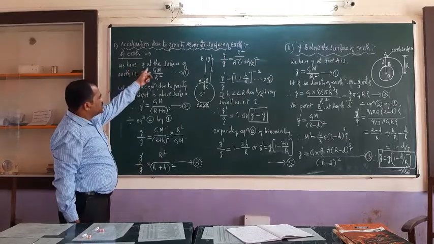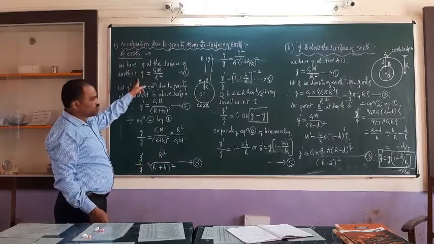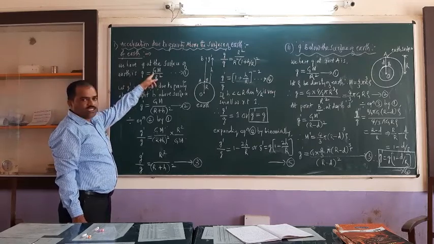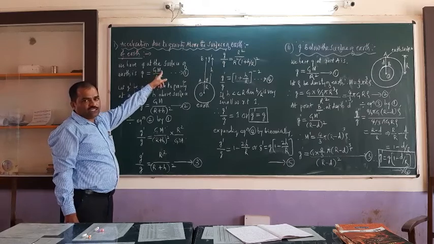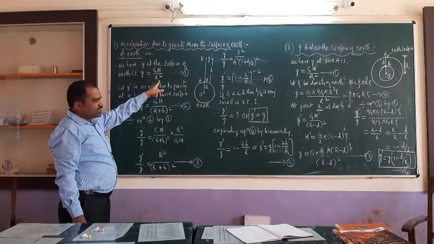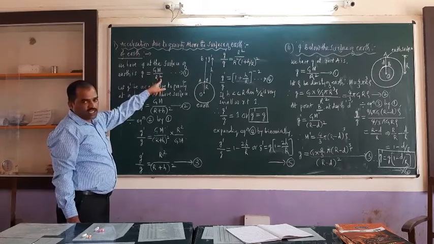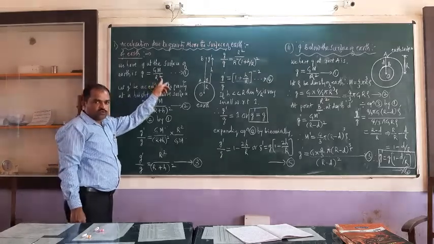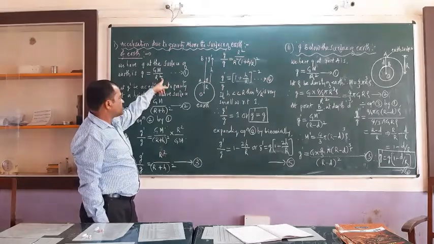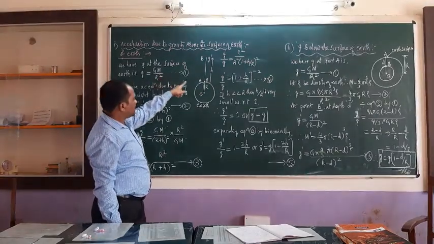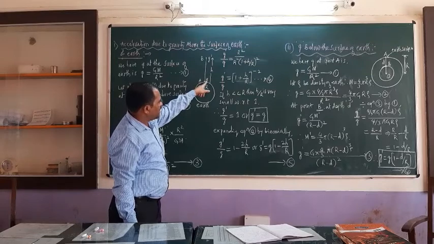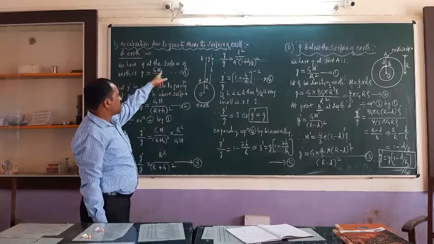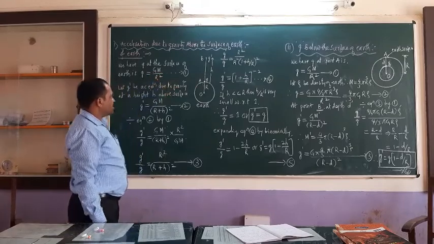So we have g at the surface of the earth, that is the expression for acceleration due to gravity. We can write g is equal to capital G, that is the gravitational constant, into capital M, that is the mass of the earth, divided by the square of the radius of the earth, that is R square. In the previous class we have derived this expression, that is acceleration due to gravity of the bodies on the surface of the earth, GM divided by R square. So for the body which is at point A, acceleration due to gravity is given by g is equal to GM divided by R square. Let it be equation number 1.